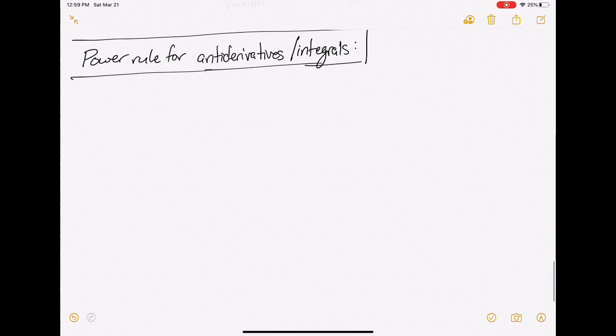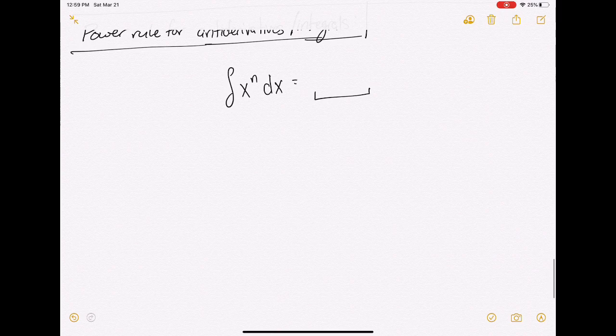We want to be able to handle expressions of the form x to the n dx. So we want that equal to a function,